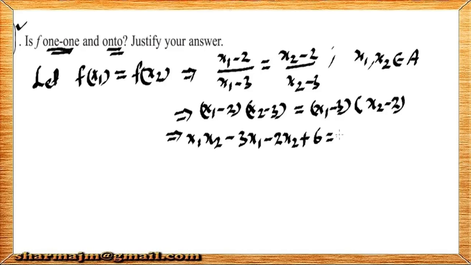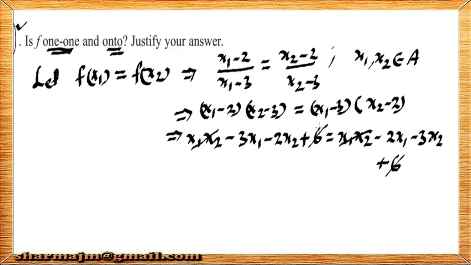On right hand side, opening these brackets, you have x1x2 minus 2x1 minus 3x2 and minus minus plus, 3 2s are 6. तो आप देखेंगे ये 6 से 6 कैंसिल हो गया, x1 x2 से x1 x2 कैंसिल हो गया,